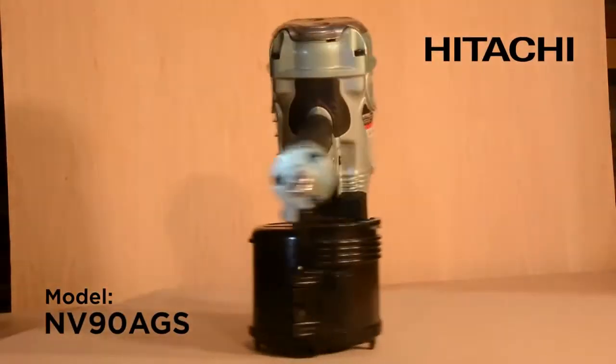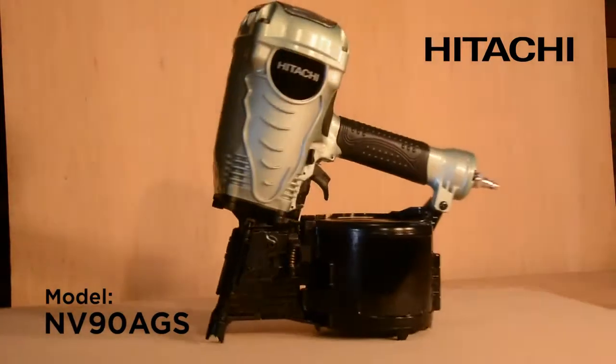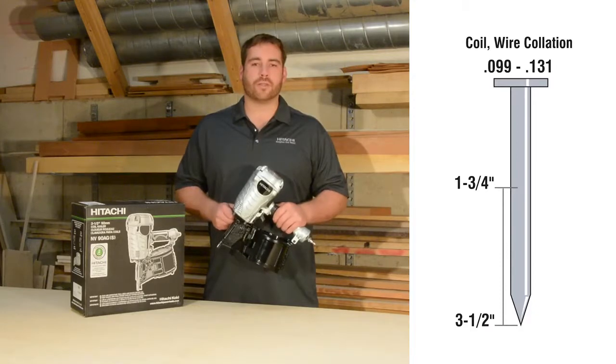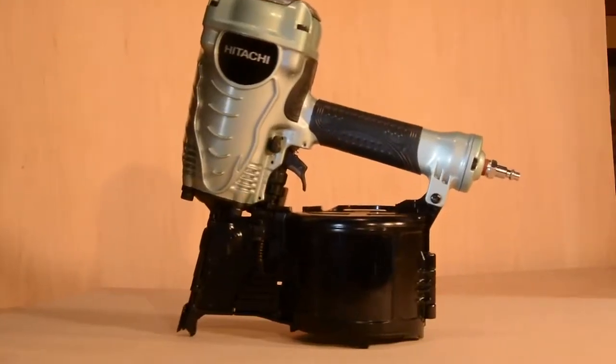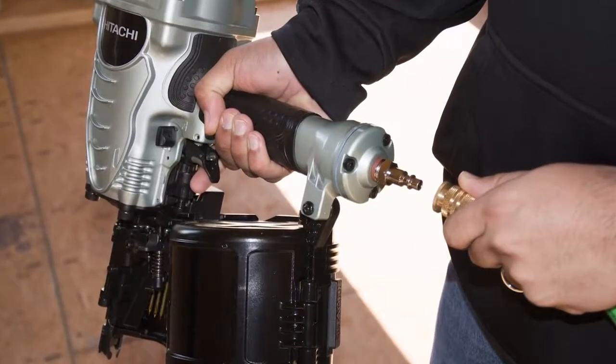This is Hitachi's 3.5-inch coil framing nailer, the NV90AGS. It drives wire collated coil nails from 1 3/4 to 3.5 inches in length and 0.099 to 0.131 in nail diameter. It comes with a factory installed 1/4 inch industrial fitting, and the ideal operating air pressure is 70 to